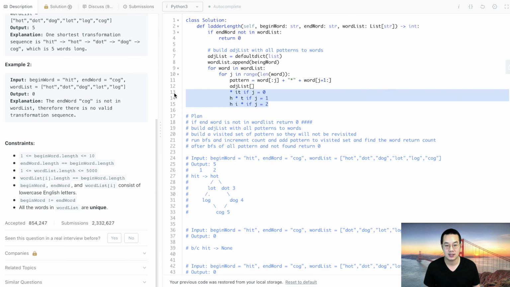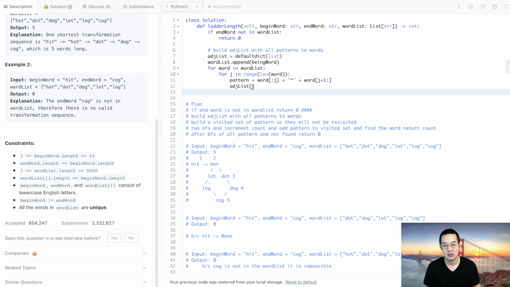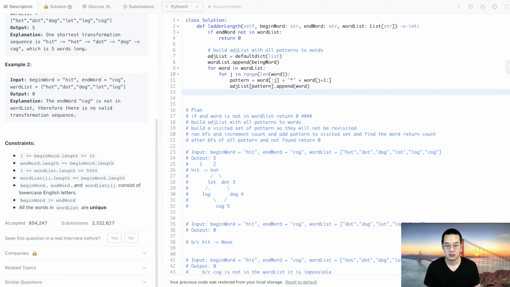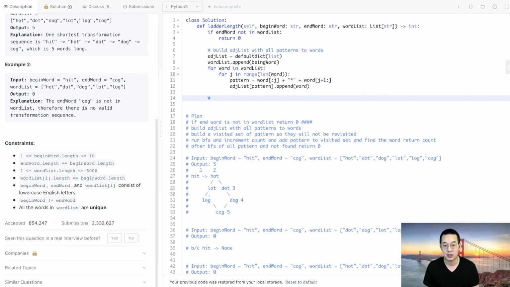That's essentially what it does. If that's unclear, it's the adjacency list of the pattern dot append the word. Okay, so that's our patterns to word dictionary, and all the items with similar patterns will have all the same words. So we built our list. That's pretty simple. Okay, so now what we need to do is build a visited set,